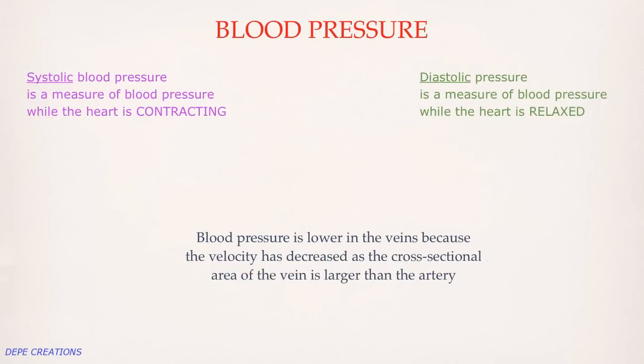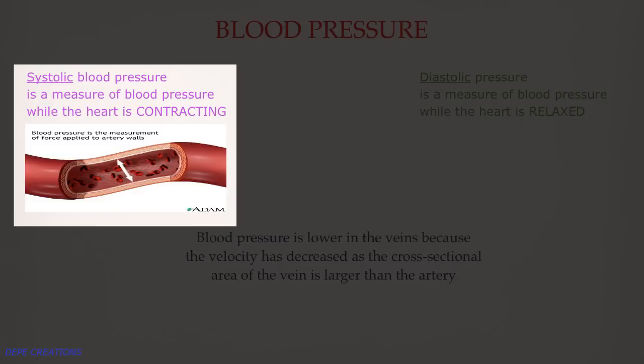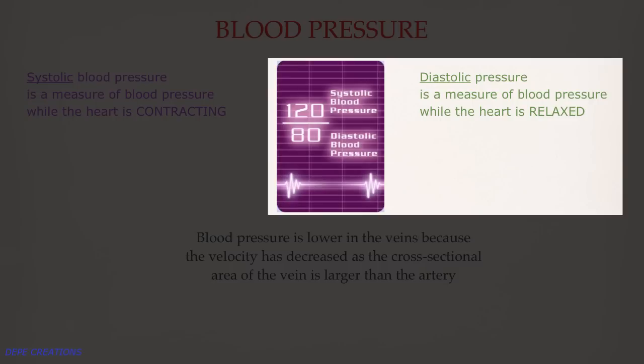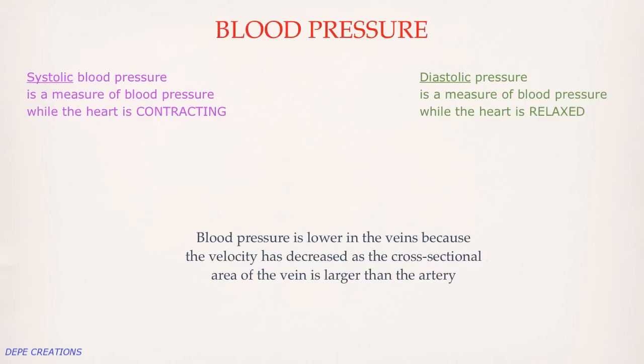As blood is pumped out of the heart, it is under its greatest pressure. So systolic blood pressure is a measurement of the blood pressure while the heart is contracting. That measurement is higher than in the diastolic phase, which is a measure of the blood pressure while the heart is relaxed. And that difference in pressure leads us to need a mechanism of venous return when we get down to the